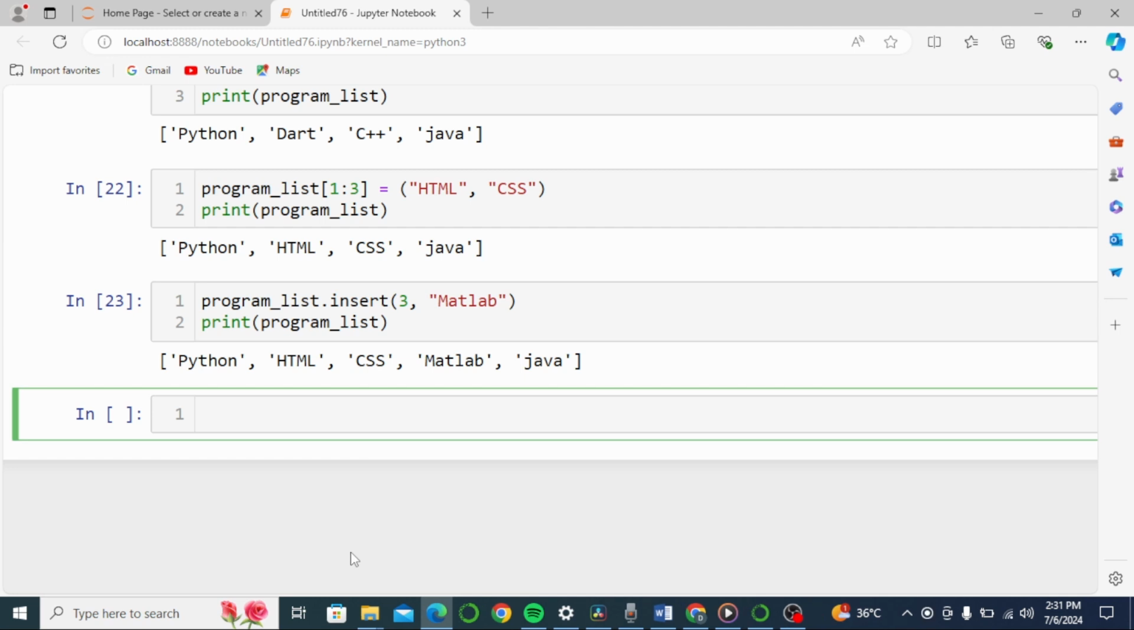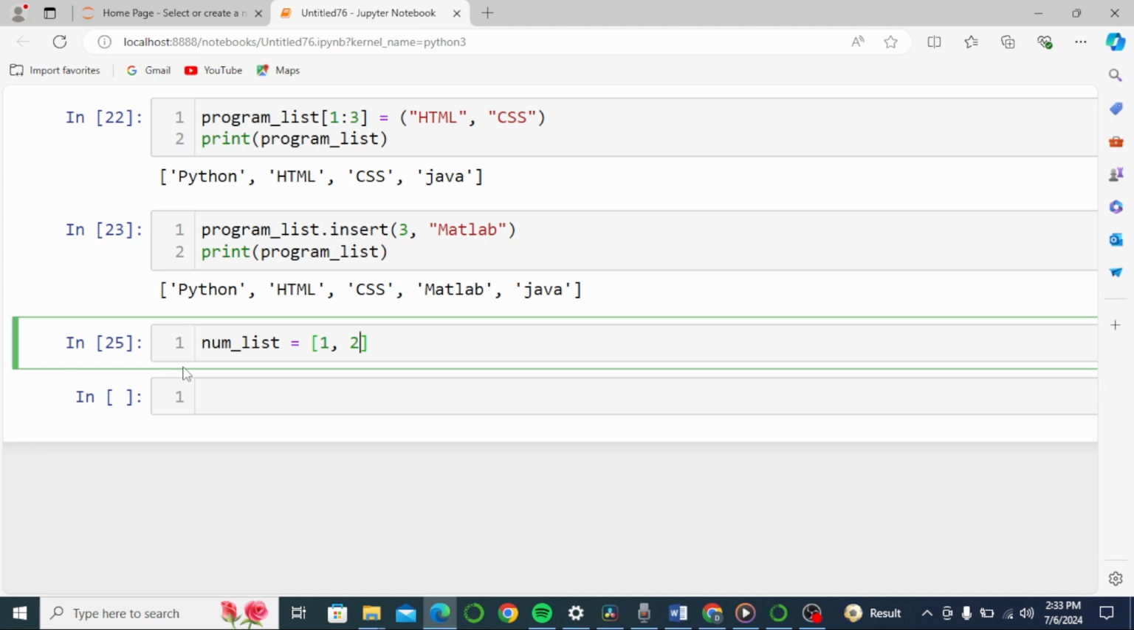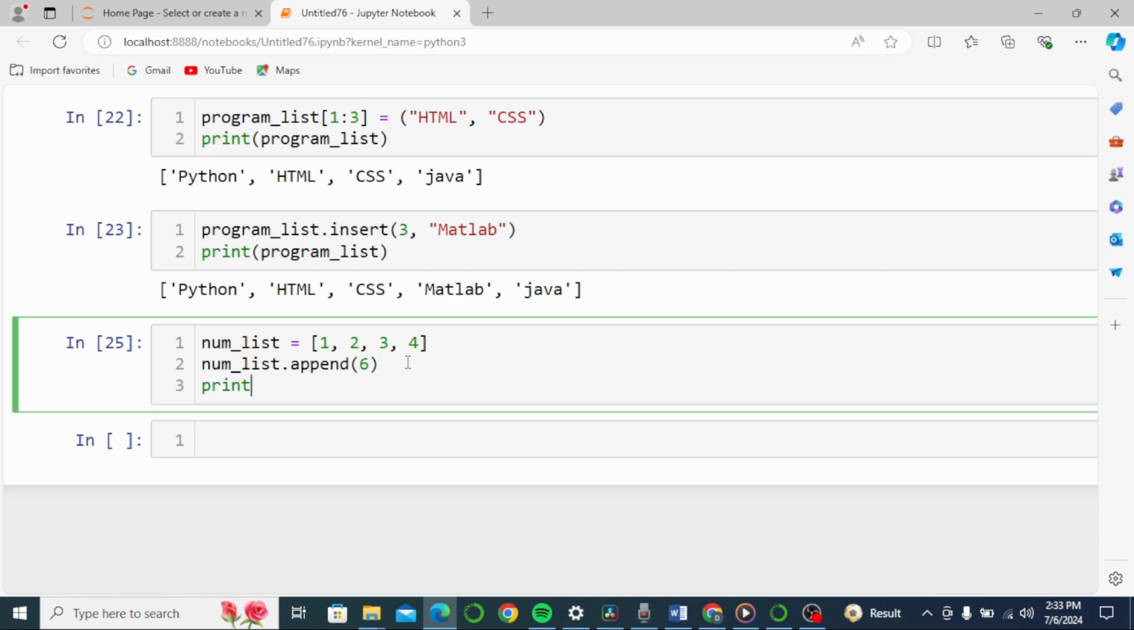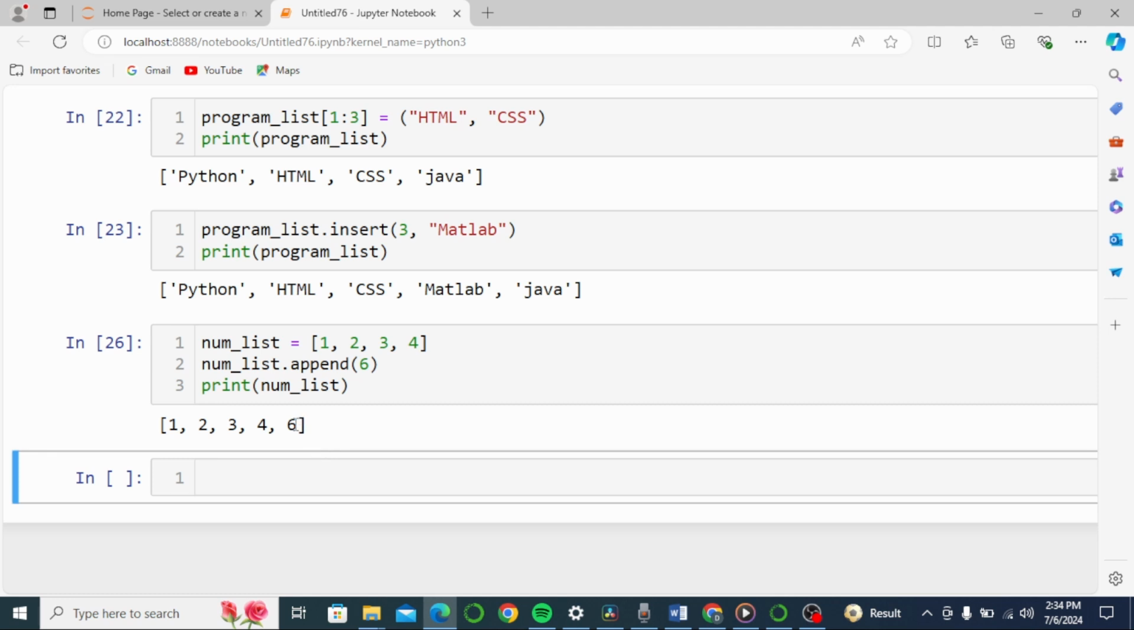First, let's create a list named numList, and within it I am going to store 1, 2, 3 and 4. Now I will use the append function. To use the append function, we first call our list, which is numList, then type a full stop and then append. Here we can write the item we want to add. Let's say I want to add 6, so this function will add 6 at the end of the list. Now let's print our numList, and here you can see the output on the screen, which has 6 at the